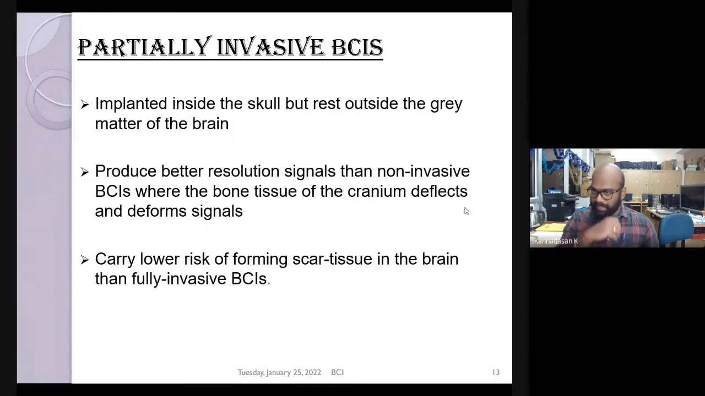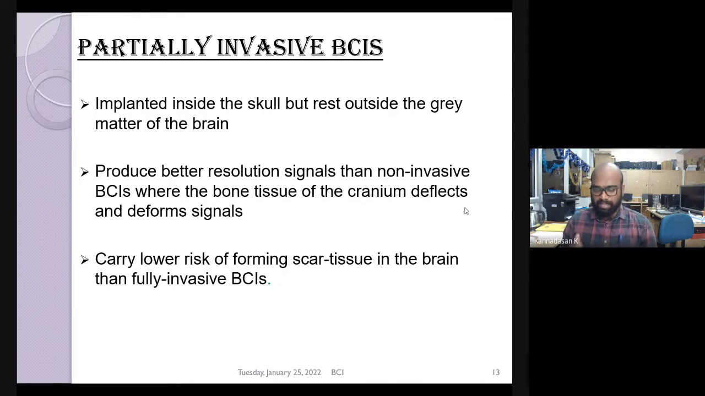Implanted inside the skull, but resting outside the gray matter of the brain. We'll open up the skull, but we won't place it inside the gray matter. Outside the gray matter, but inside the skull. Then it produces better resolution than non-invasive BCIs, where the bone tissue of the cranium deflects and deforms the signal. So, what is the plus point of partially invasive? In terms of signal quality, it is better than non-invasive, because non-invasive electrodes are placed outside the skull, on the scalp. But compared to invasive, the signal quality will be lesser only because it is outside the